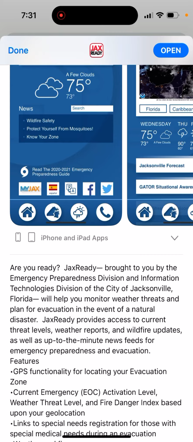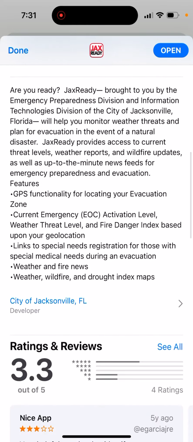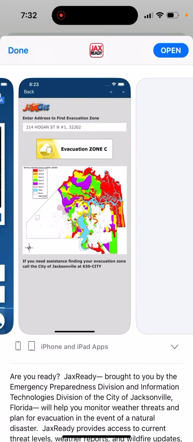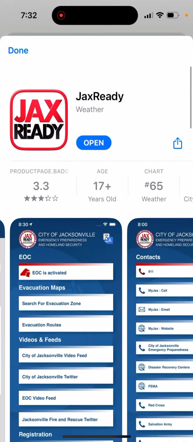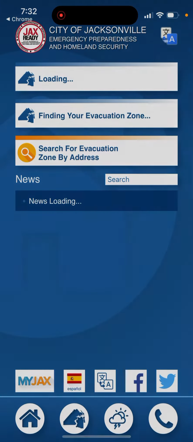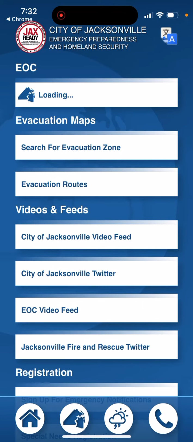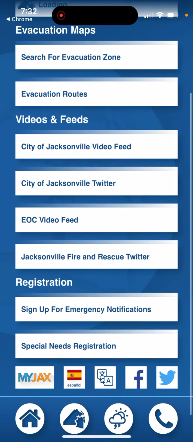preparedness and evacuation. So you can see some GPS functionality for locating your evacuation zone, current emergency activation level, weather and fire news. So yeah, that's basically the app you will need in case of emergency weather situations, and you can also use it in Spanish, and then you can just have